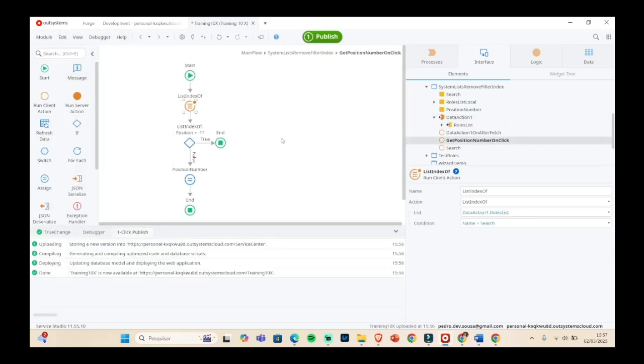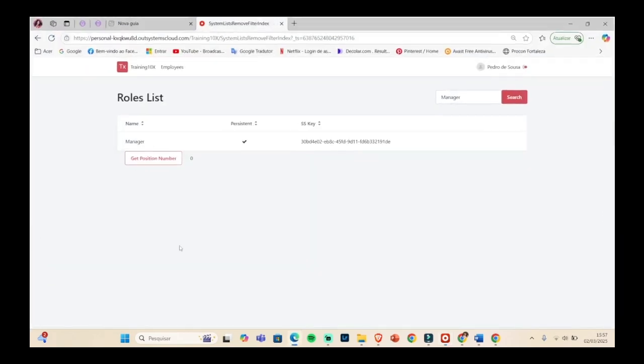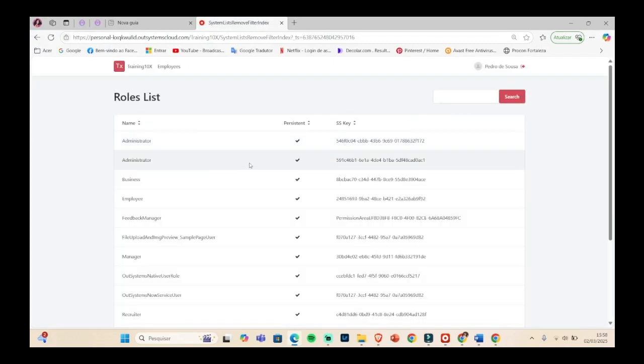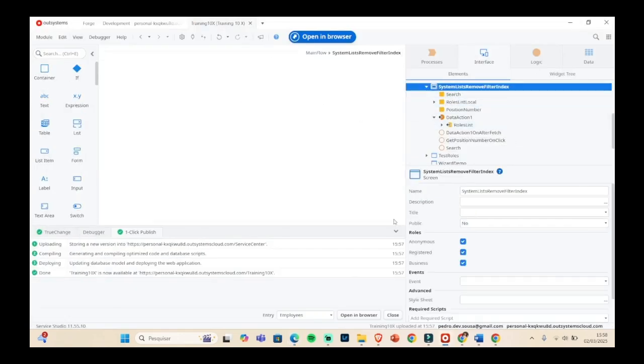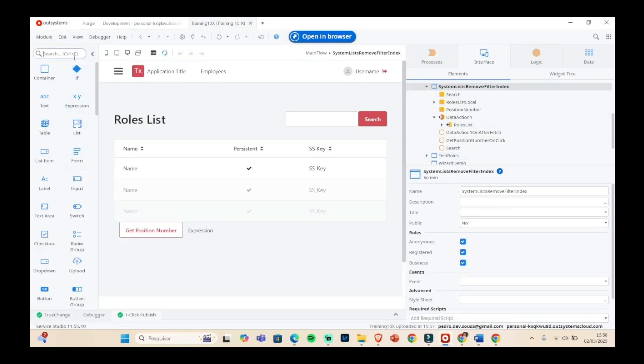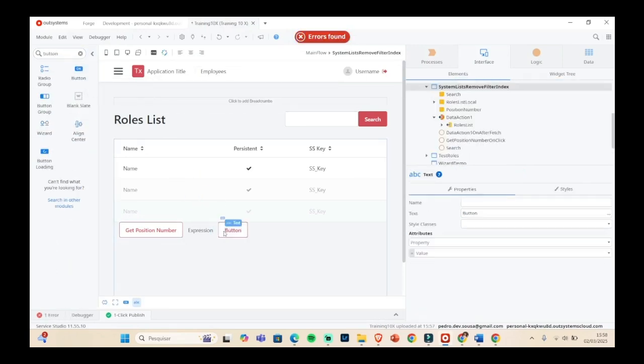So let's publish again. Okay, then let me refresh. Let me search again for manager, search, and let's get the position. So it's the 6. And now to finish, we need to drag and drop a button in order to remove this one. So let's remove record,